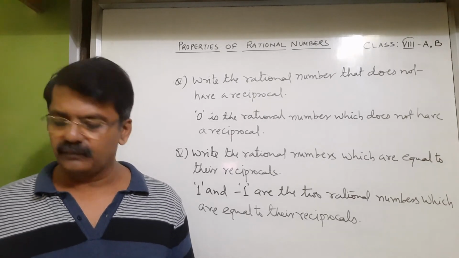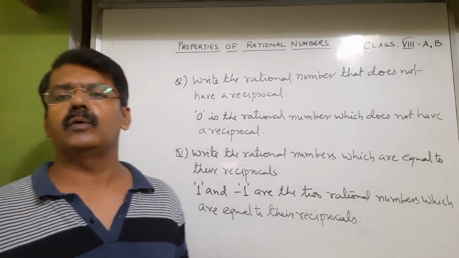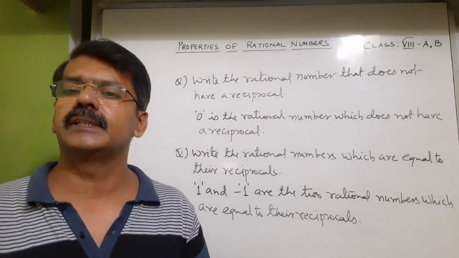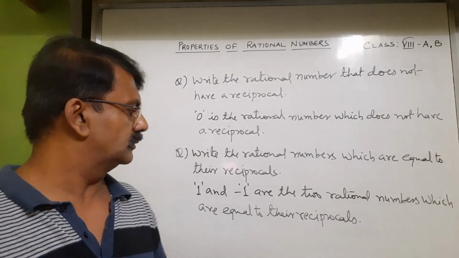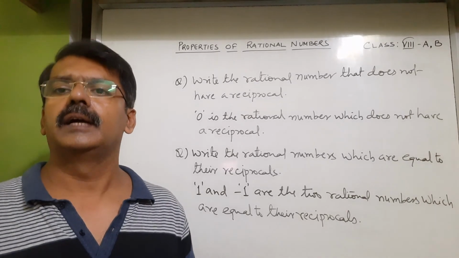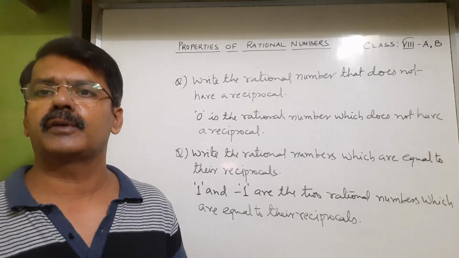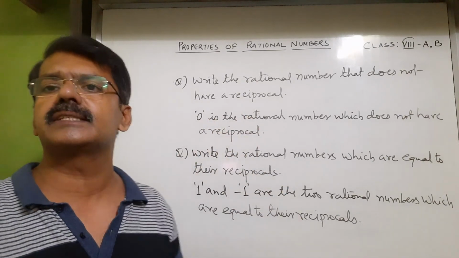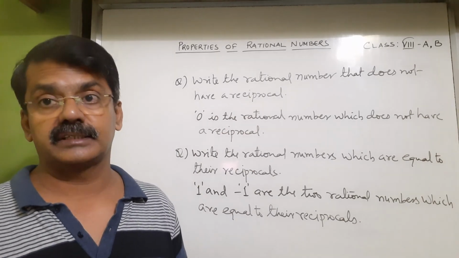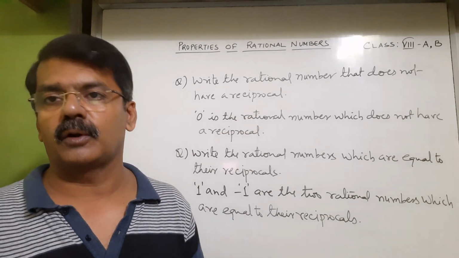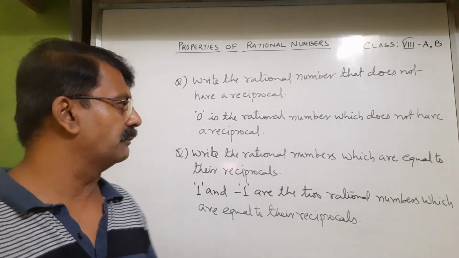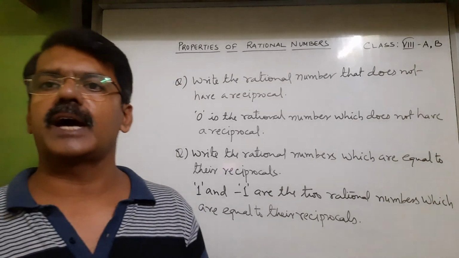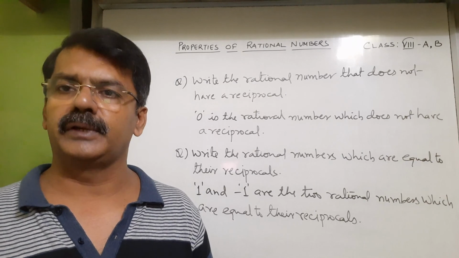So we did a few questions today. Now we'll discuss a few more examples about the properties of rational numbers in the next period. So as I told you, make a separate notebook for mathematics, and you have to note down all these things in that notebook. It's a must, because we'll evaluate those copies, and if you don't have your up-to-date copy, then you will be in trouble. Okay? And we'll send the PDFs along with the video, so you can take help from those PDFs also. Thank you.